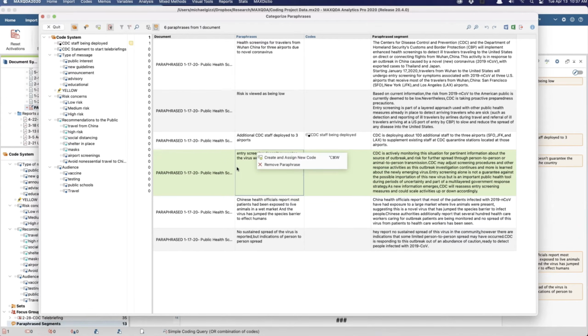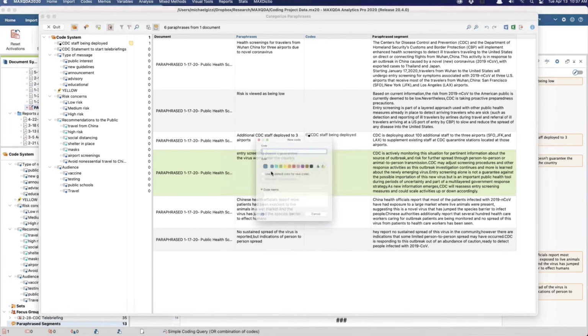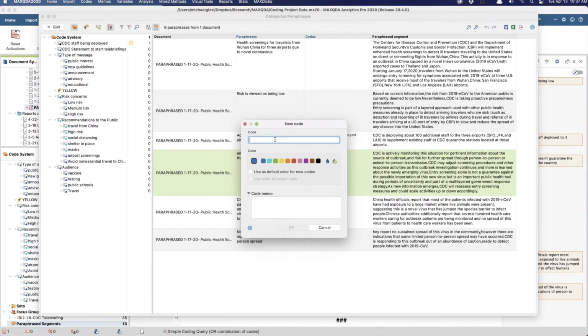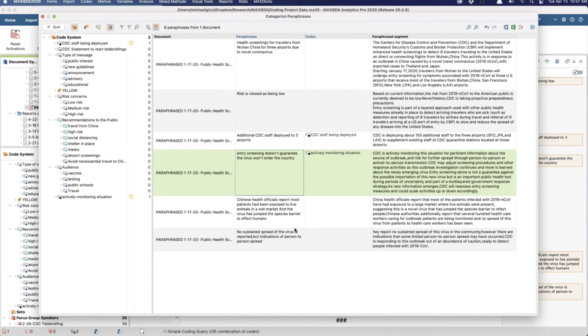So I have to be in this window where it says entry screening. I can right click and create a new code. Click OK.